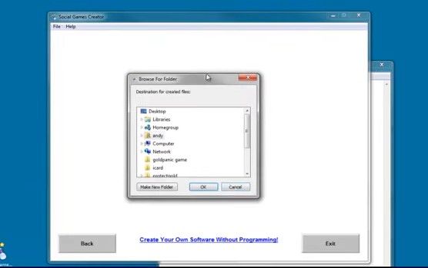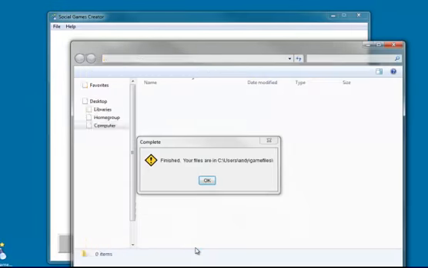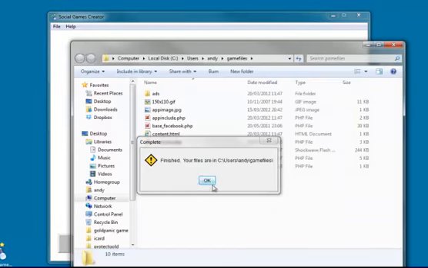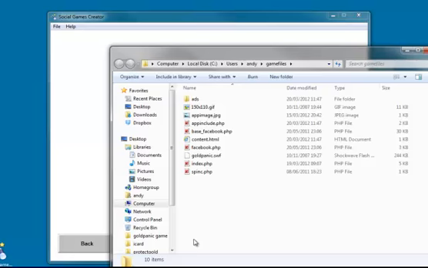Okay, it's now going to create the files, so I need to tell it where I want to save them. Just make a new folder, Game Files. And when it's finished, it tells me it's done, and it tells me it's created the files and it's put them in this folder here. And this is basically all of the files I need already set up,